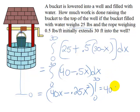So I've got 40 times 30 minus 0.25 times 30 squared, and then typically we'd subtract off evaluating at the lower limit, but we can see that that's going to be 0. So I'm going to come up just above it so I'm not off the screen here. When I compute that, we'd have 1200 minus, this would be 900 divided by 4, so 225. 1200 minus 225, which would be